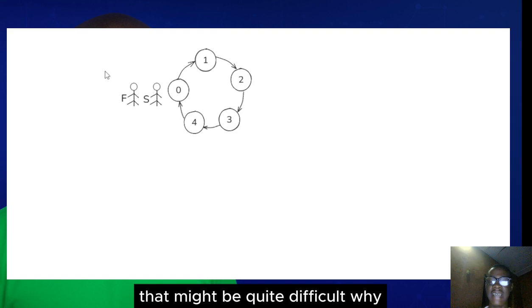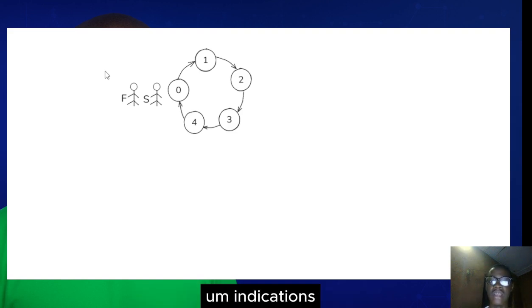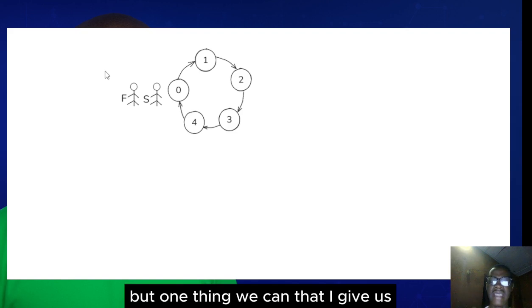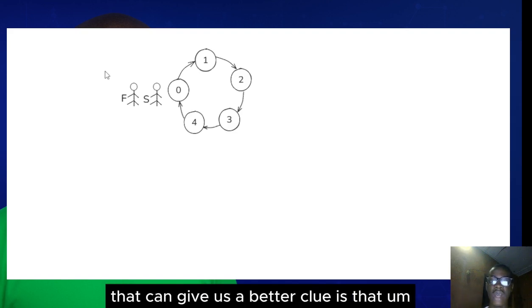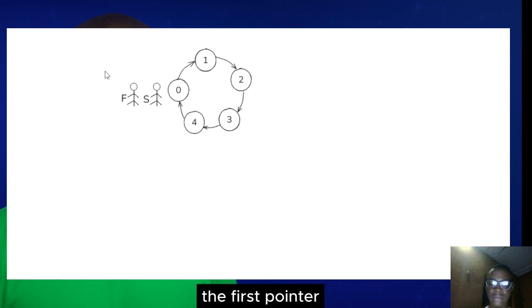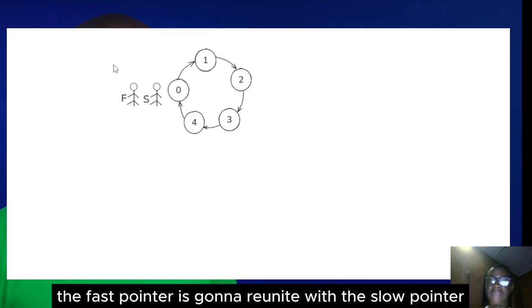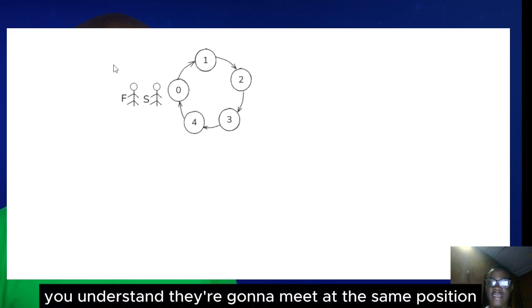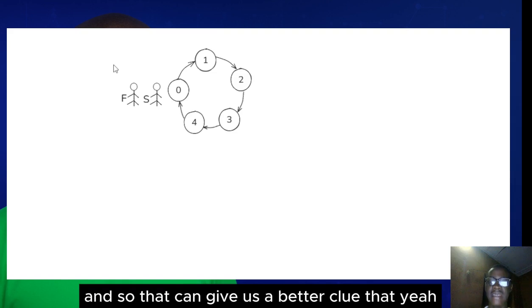To detect that might be quite difficult. Why? Because there's no positional indications. There's no indices, unlike an array whereby there's indices. But one thing that can give us a better clue is that the fast pointer, at some point in time, is going to reunite with the slow pointer, and they are going to meet at a node. You understand? They are going to meet at the same position, and so that can give us a better clue that